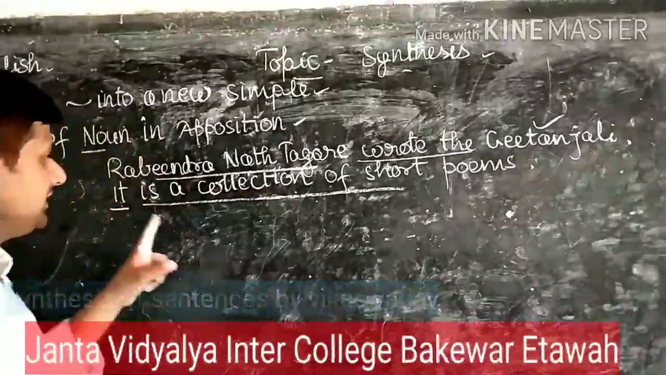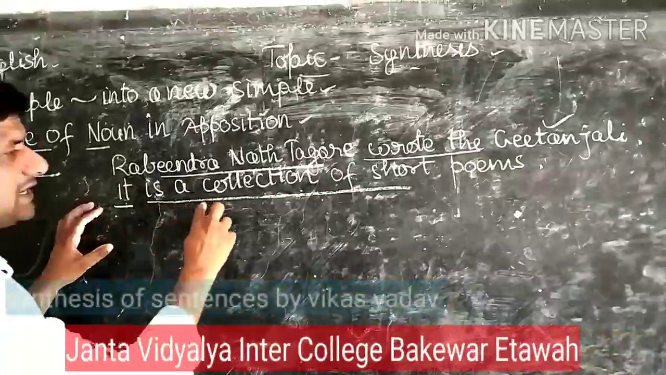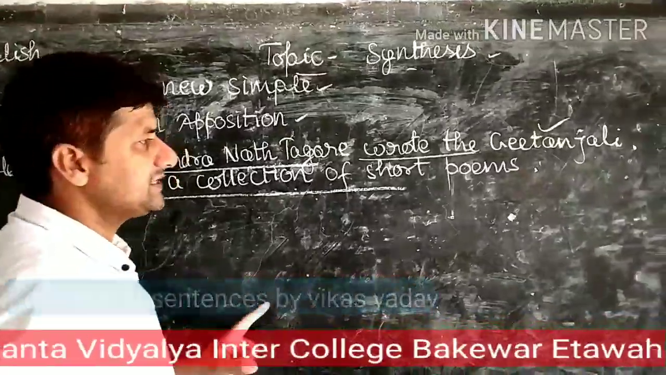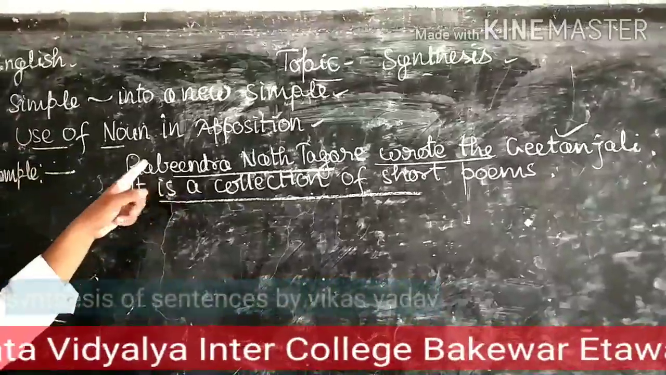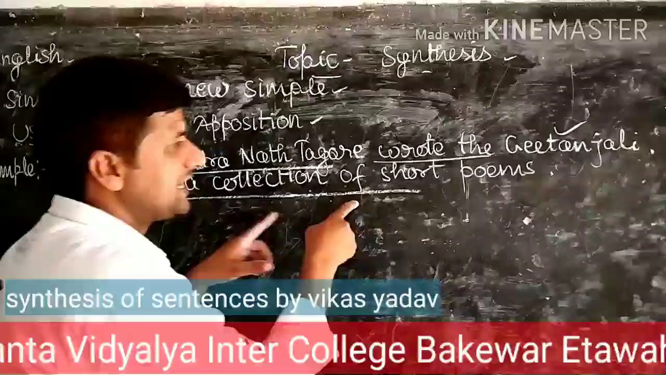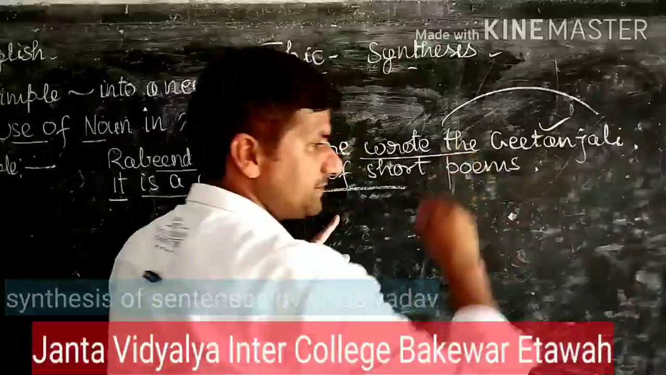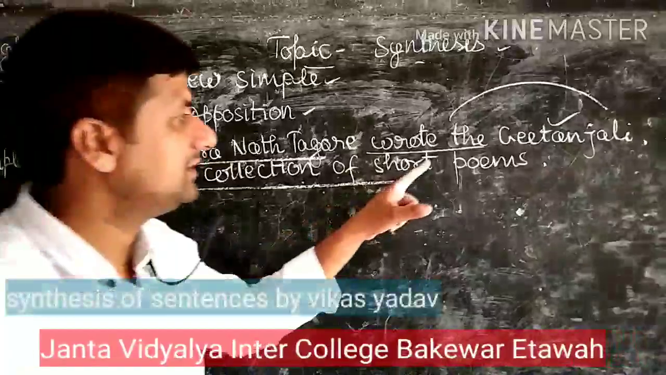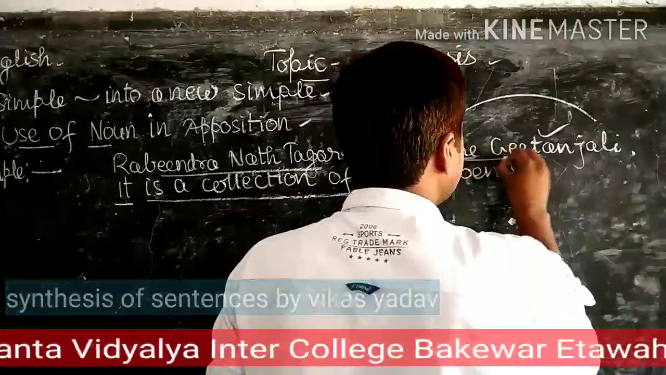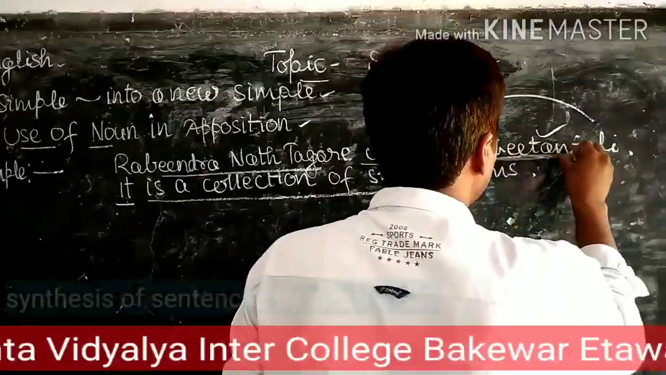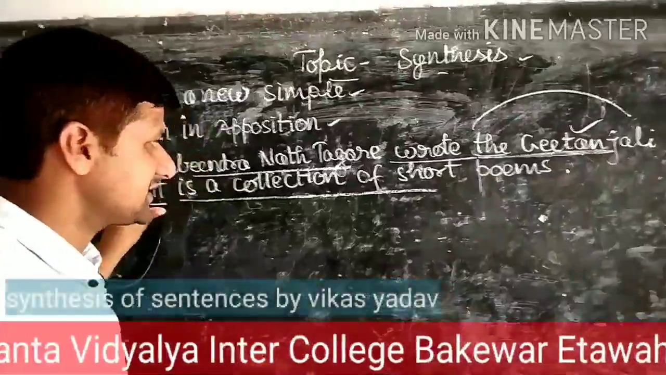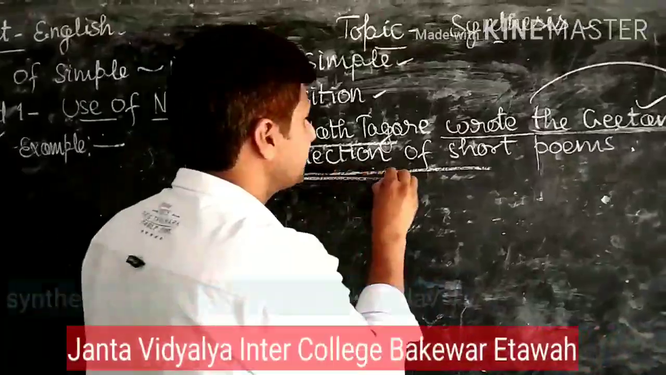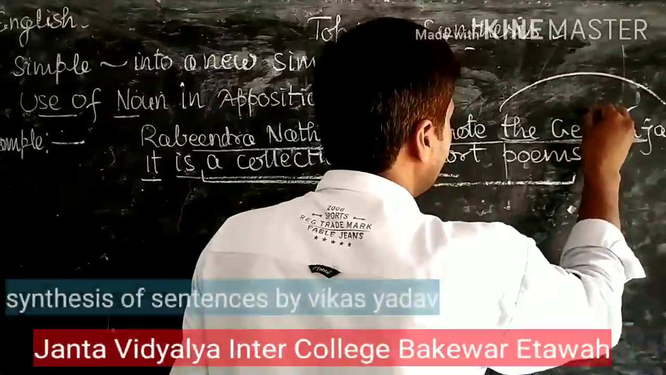In the second sentence, it is a collection of short poems. Nothing is said about Rabindranath Tagore, but the whole sentence is describing the Gitanjali. So, dear students, if you find that in one sentence there is a noun and in another sentence a noun phrase is used for describing that proper noun,